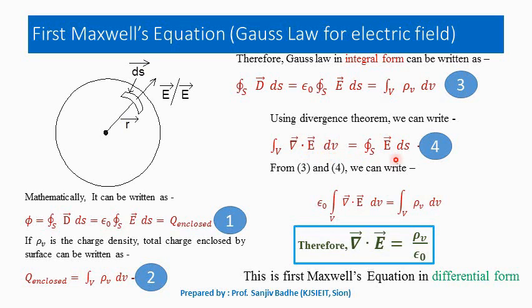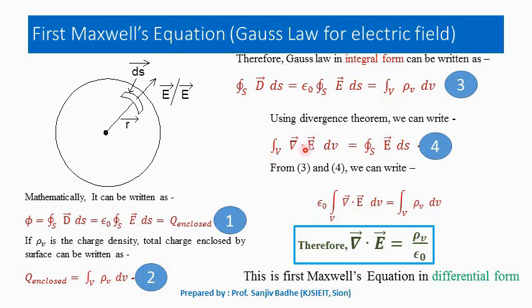So volume integral of divergence of a vector function is equal to surface integral of that vector function over the surface that is binding that volume. So we can replace this surface integral by the volume integral of divergence, and using this from equation number 3 and 4, we can write this